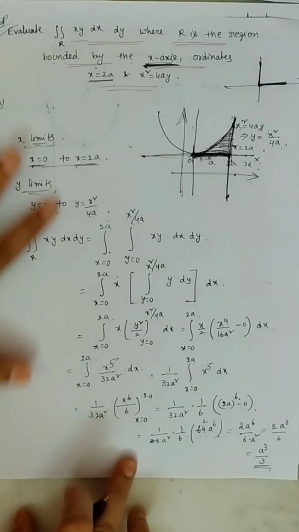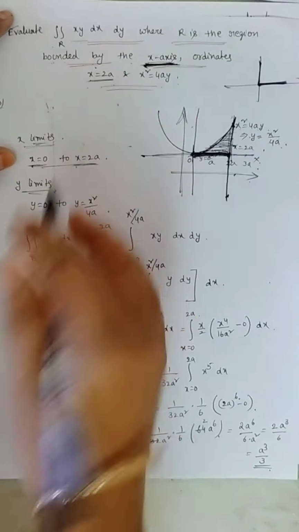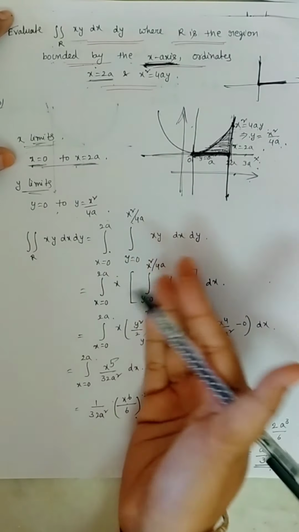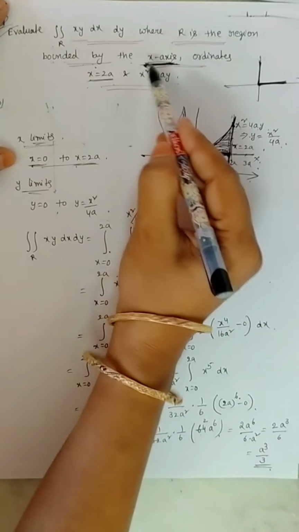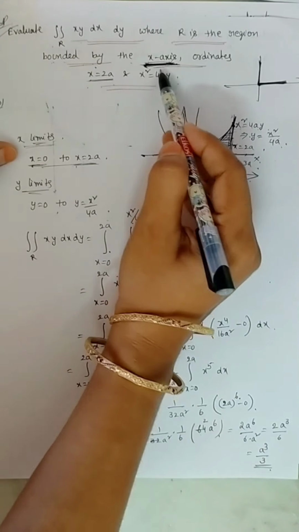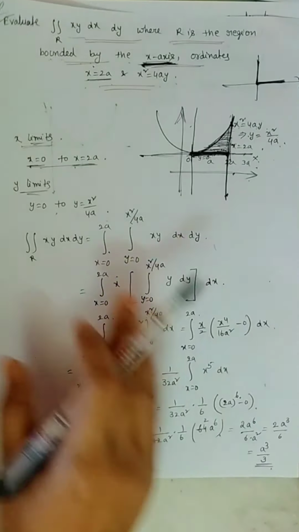Now like this we have to find the integral, but here this is very important: bounded by the x-axis or bounded by the first quadrant. In problems sometimes they give it like this, so you have to read the problem carefully. Whether they mention the region bounded by something or not is very important. So the next problem is